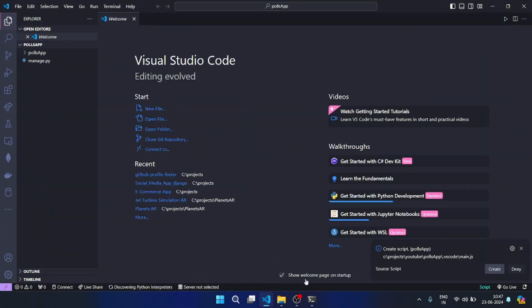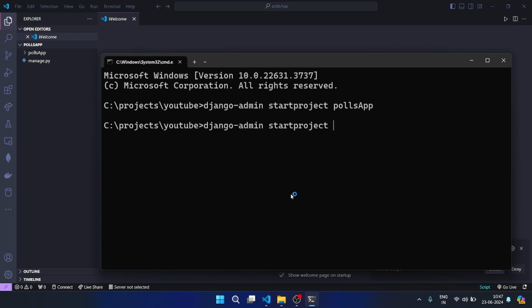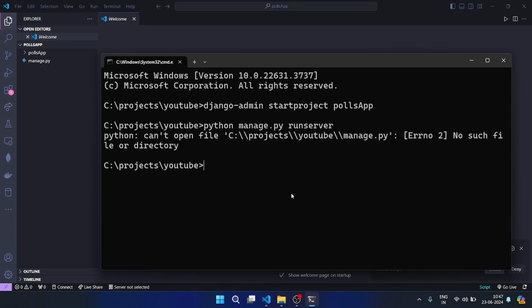And open your terminal and type the following command: python manage.py runserver. Oh, first we need to change directory into our pollsapp first. Sorry about that. And then type python manage.py runserver,